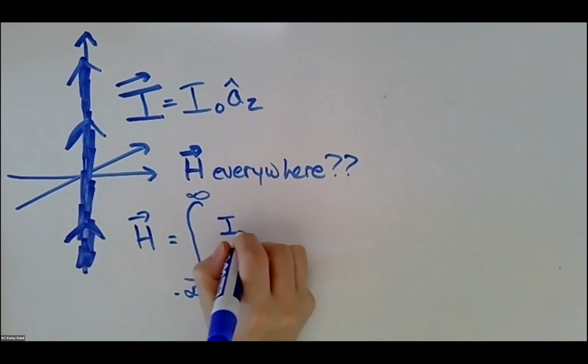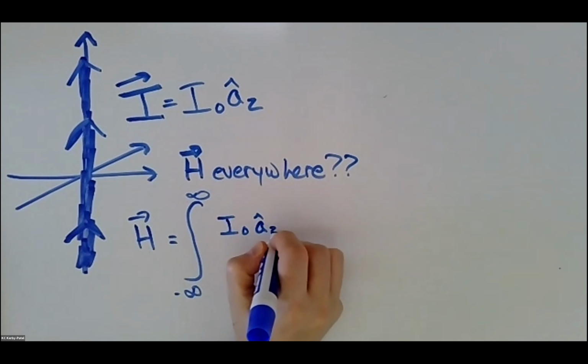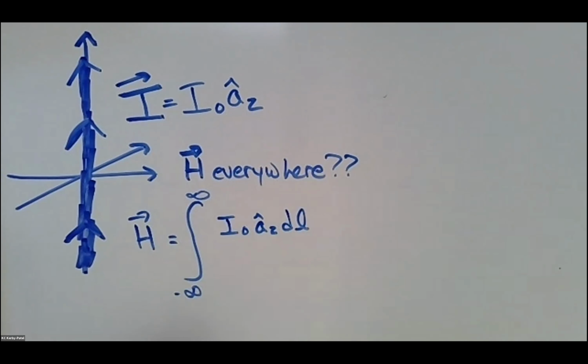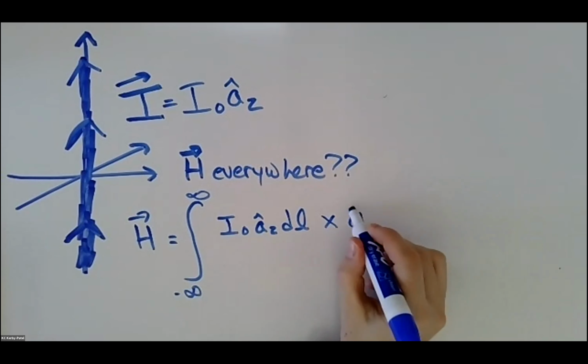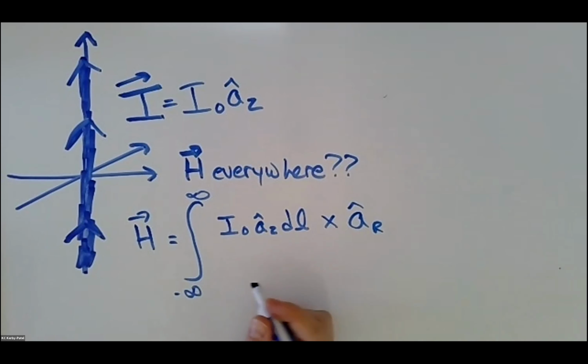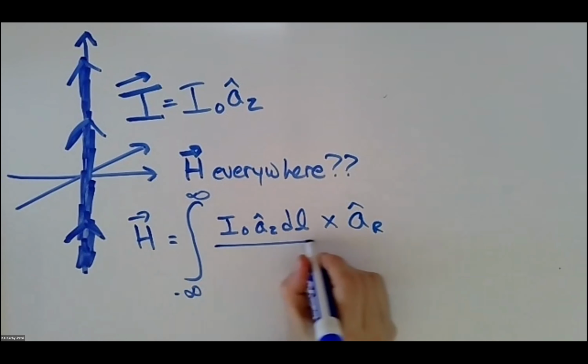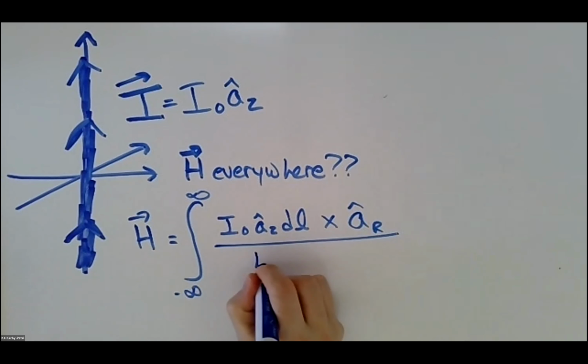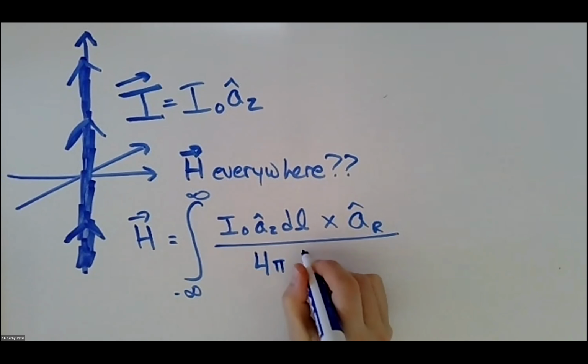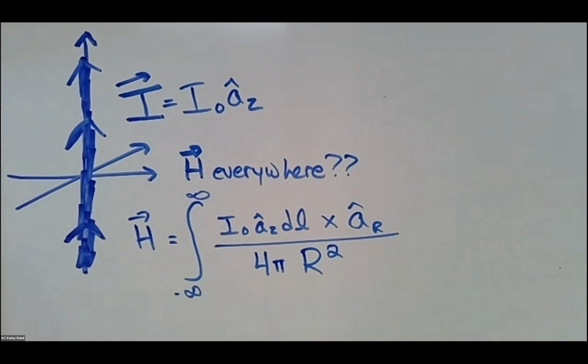So that's I naught a hat z dl cross a hat r. We're going to worry about that in a second. Divided by 4 pi big R squared. The reason I'm not worrying about a hat r right away is because there's a symmetry argument that I would